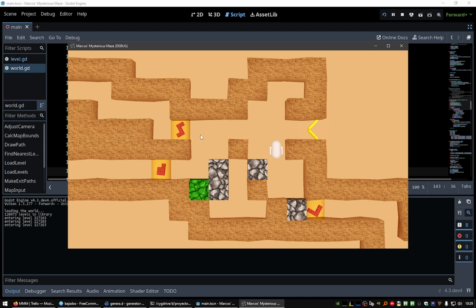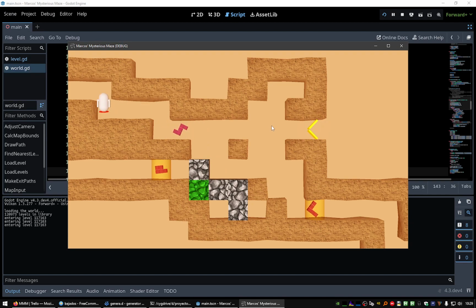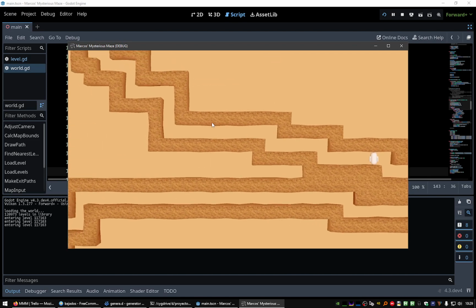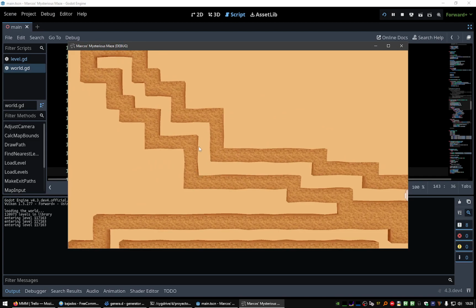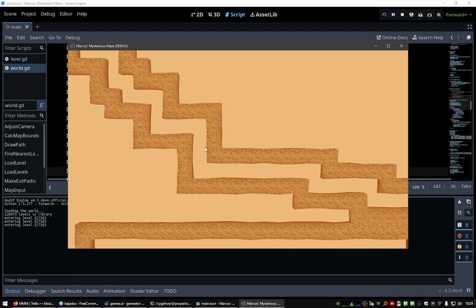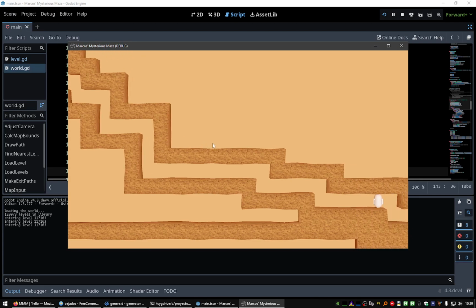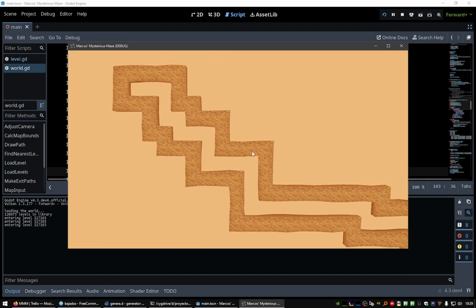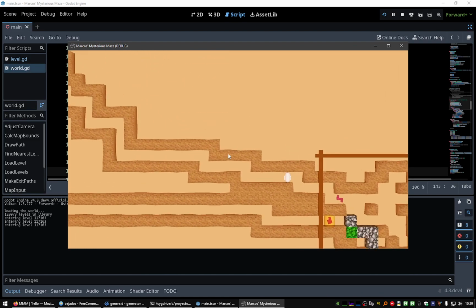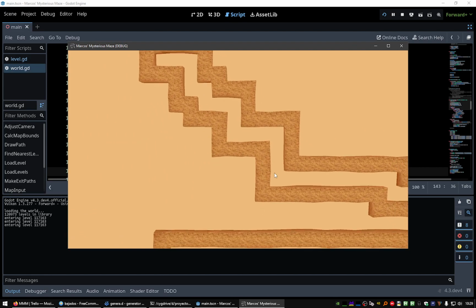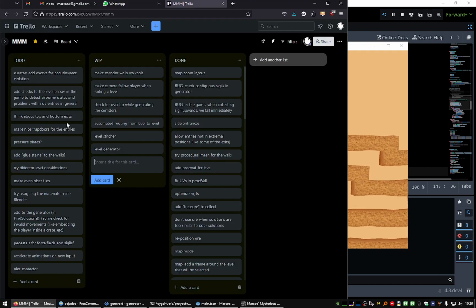When we are exiting via this door, in this case, we are making some jumps here. Let me move the camera a bit. We should make here something that is climbable by the player, but perhaps we could guarantee at all times that the corridors are properly climbable. Let's add